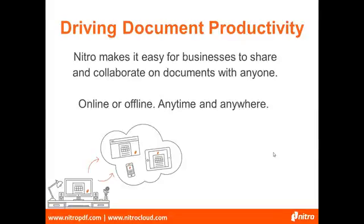And you know, that's really what document productivity is all about, isn't it? Succeeding in business today requires a certain level of agility. You've got to be mobile, you've got to be quick to act and respond, and that means being able to access your documents wherever you are and whenever you need them. Keeping things on paper makes it nearly impossible to work this way, unless you're the kind of person that's okay with keeping a filing cabinet strapped to your back. If there are any of you out there,